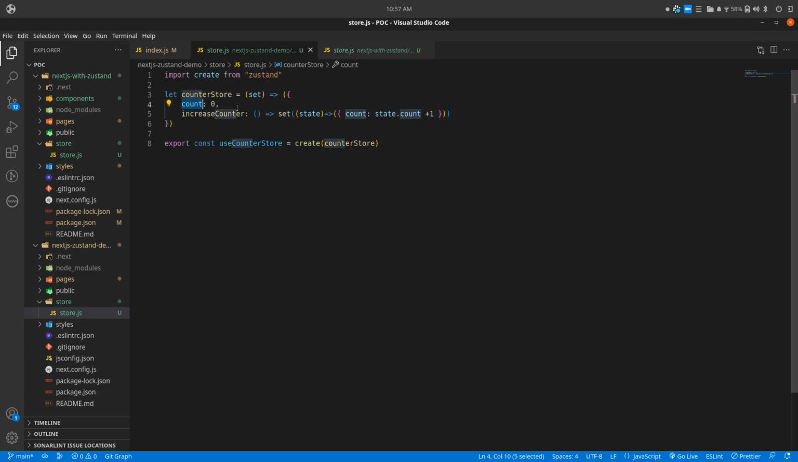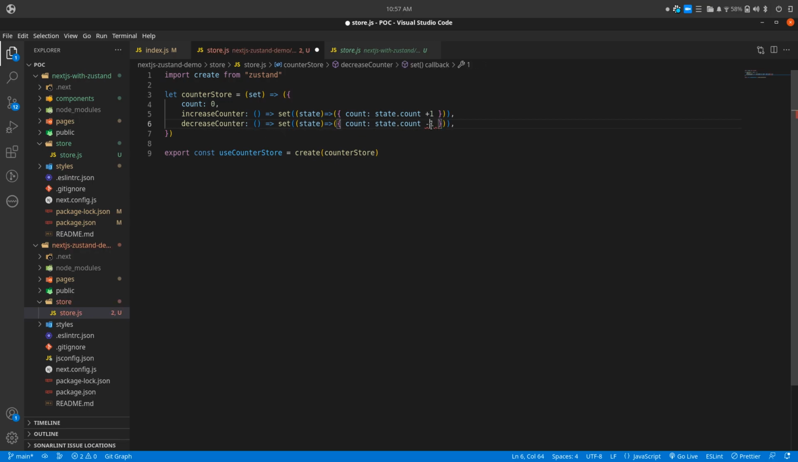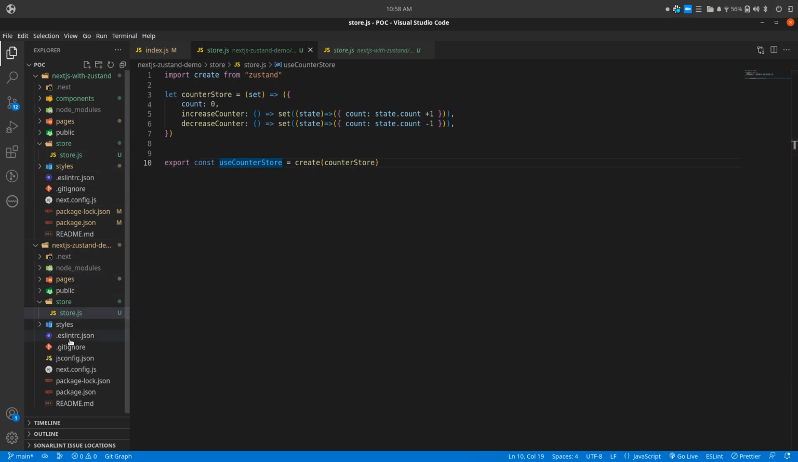So here this count is there, and the increase counter function is there, and let's write one more which will be decrease counter. Yep. Pardon if it's the wrong spelling. Yeah. Decrease counter done. Now we have been exporting this by creating it. This create is a function provided by Zustand, and the value we are passing is the counter store, which we can consume here. And now let's go to index.js